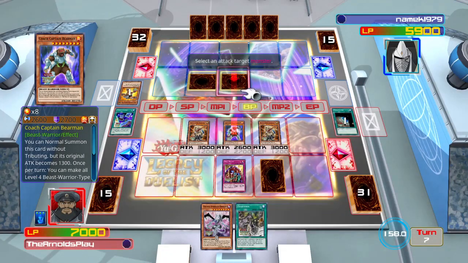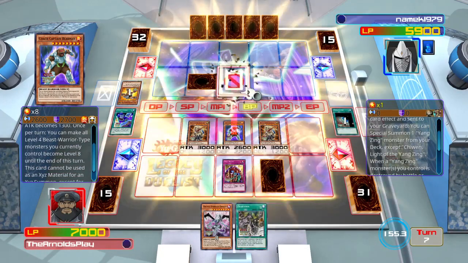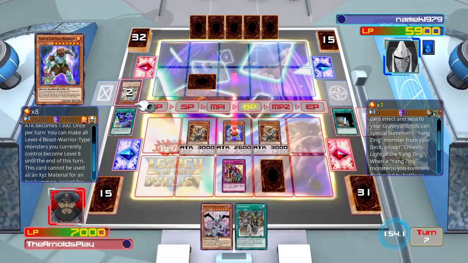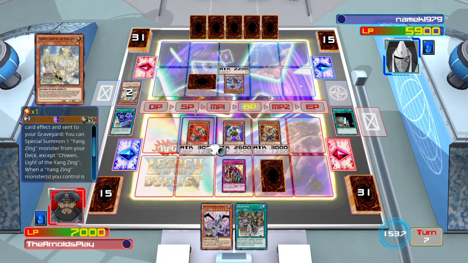So at this point, I feel like I have to start making an offense, and because I have 3 monsters on the field, I can start to control his special summons a little bit. So I attack his first monster, and it's his level 1 Yangzing. That is Chewin, I believe. One of the light Yangzings, and that gets to special summon another Yangzing from his deck. So he's going to do so, and he brings out, I can't really read that card,